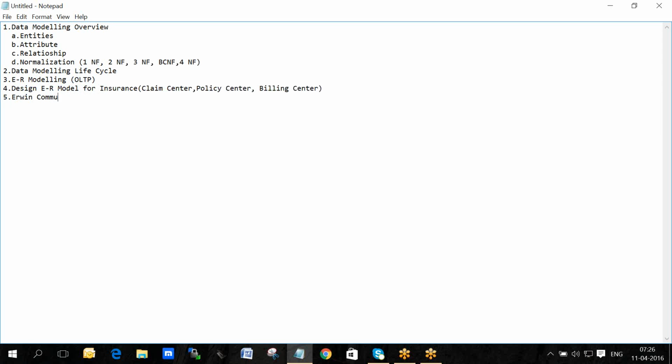Basically, getting a license edition for Erwin will be very difficult for us. So we are going to use the Erwin Community Edition, which allows you to define up to 25 tables. Defining a 25-table data model is absolutely free in Erwin. We are going to understand how to define the logical model and physical model in Erwin,